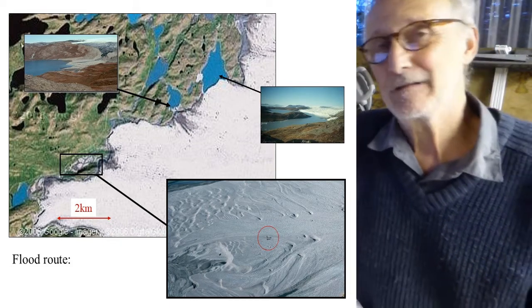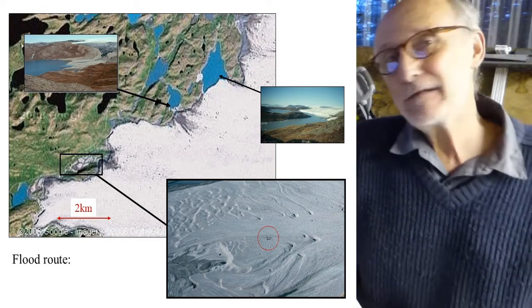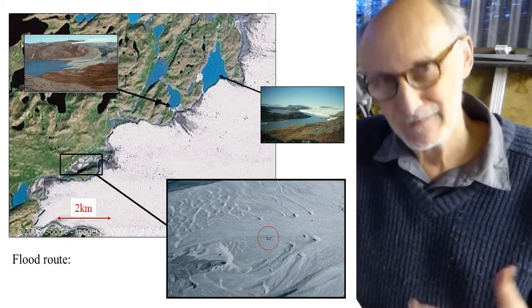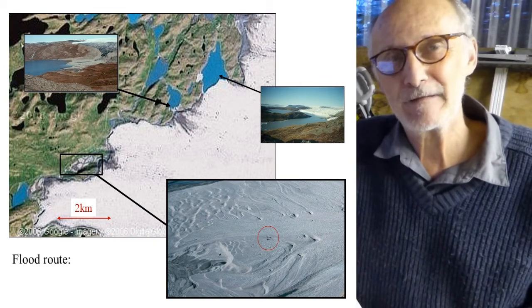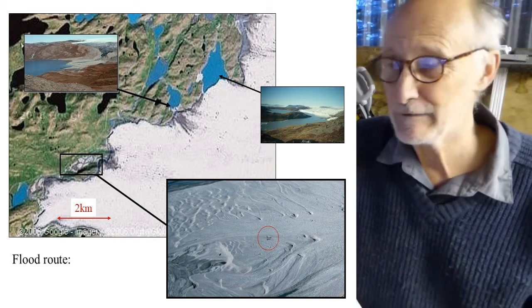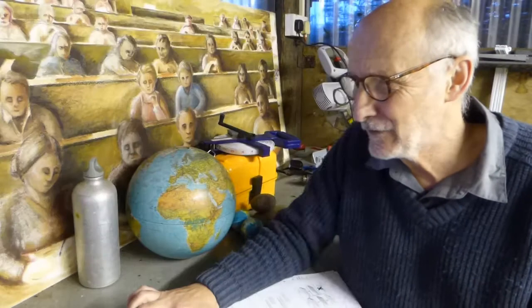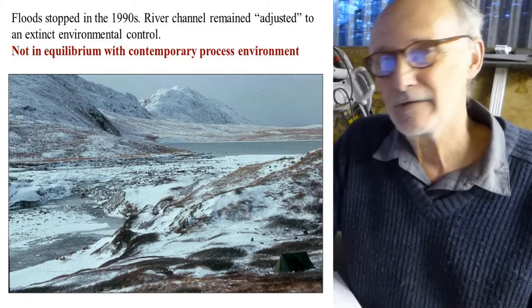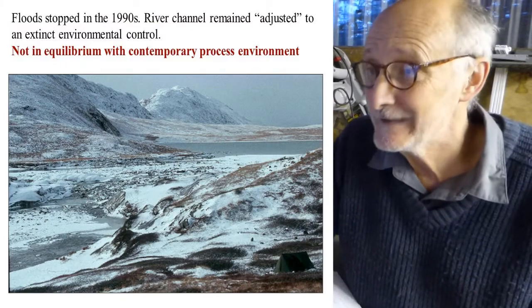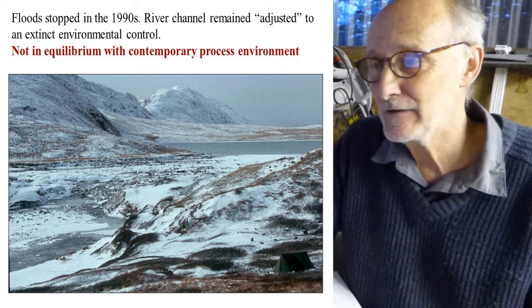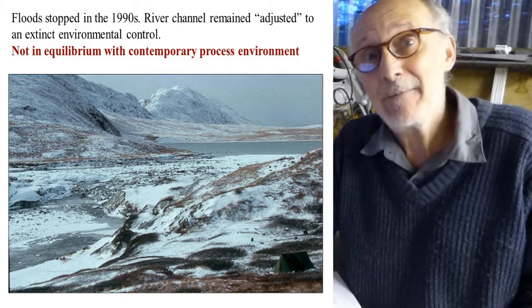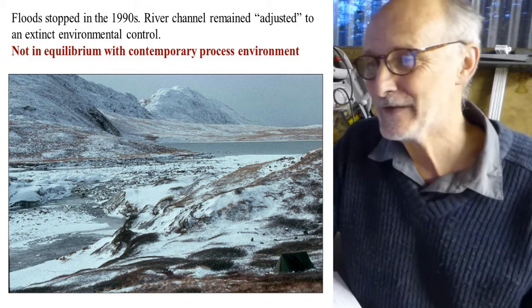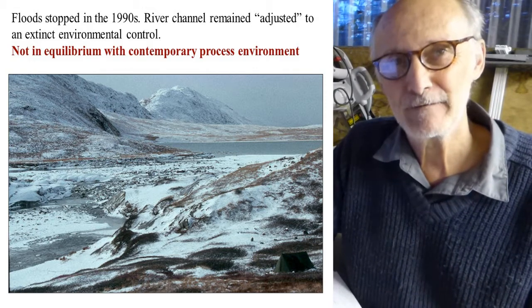And those floods happen for a few years and then they stop happening, because they depend on things to do with the dynamics of the glacier. We saw that first flood in 1984, I think, and then we went back year after year for many years, and we didn't see another flood for over a decade. Throughout the 1990s the floods weren't really happening. They started happening again later on, but all through the 90s there were none of those big flows.